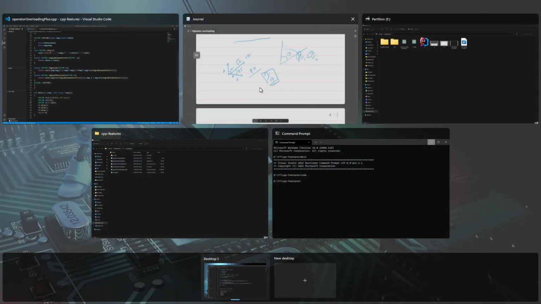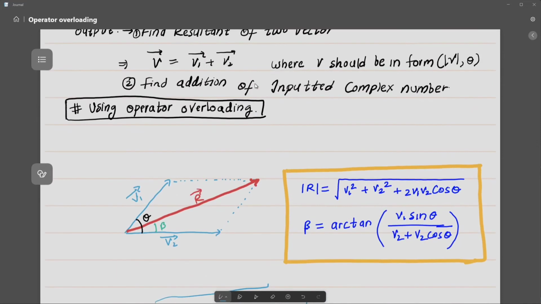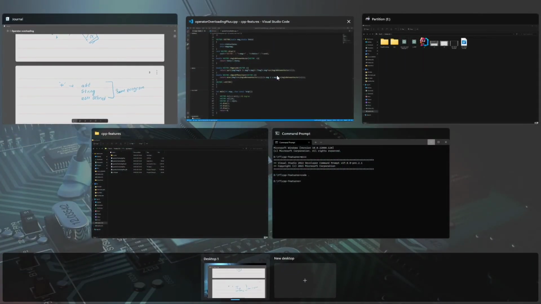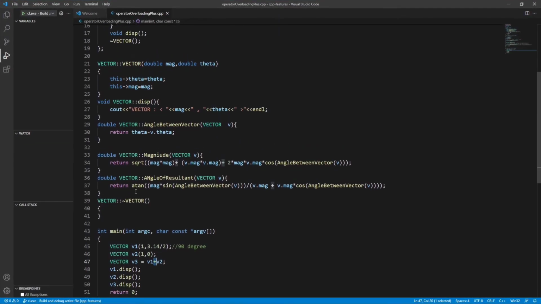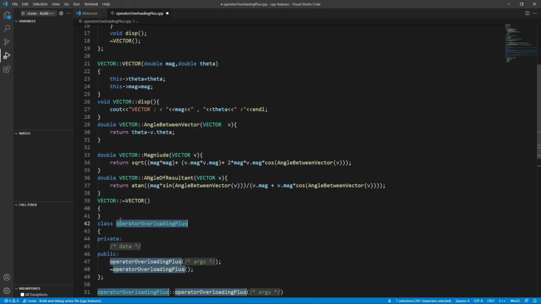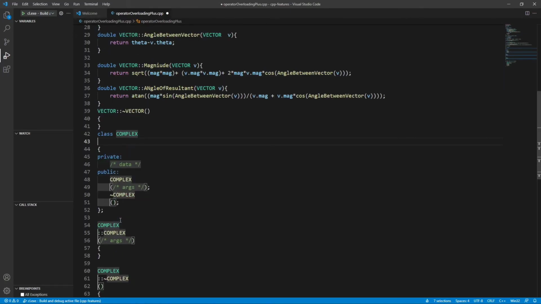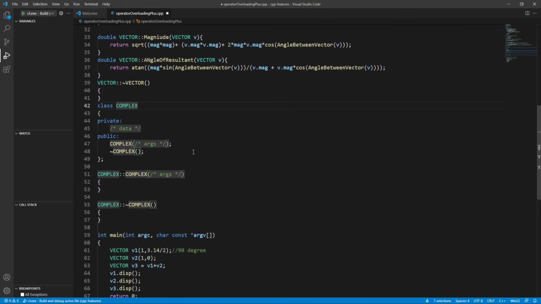There was another part of the program, the complex number part, and I'm leaving it for you. Try to do it in the same file: make a class named complex and do everything.